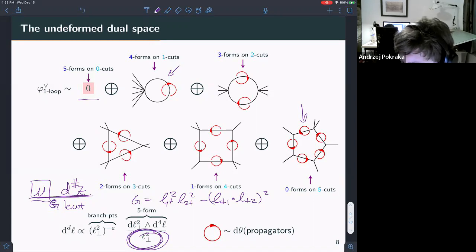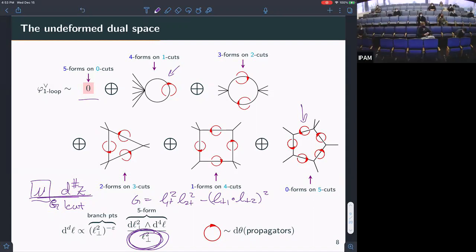But I guess the thing I want to say is that this story has a natural generalization to 4 dimensions. So you could work directly in 4 dimensions and then use those numerators that are known. I guess this approach would be more specifying the dual first and then trying to construct the integral, which is also